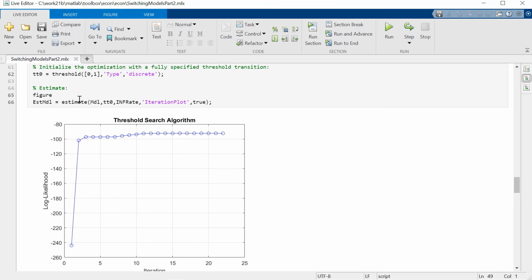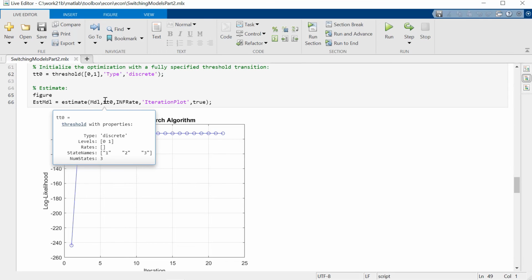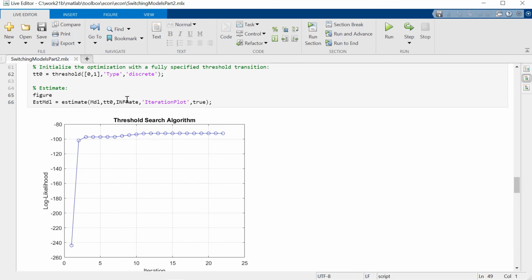You use the estimate command by putting in the partially specified model that you'd like to estimate, the initial value of the threshold transition object, and then the data itself. Again, there are many optional parameter values that you can use here to fine-tune the optimization routine, things like convergence tolerances and so forth.